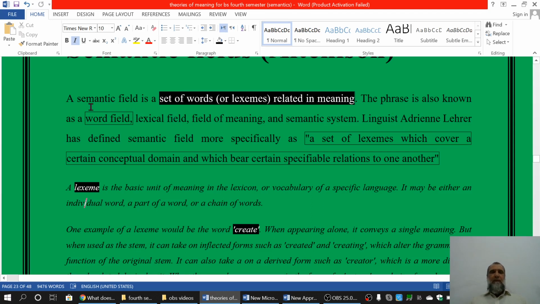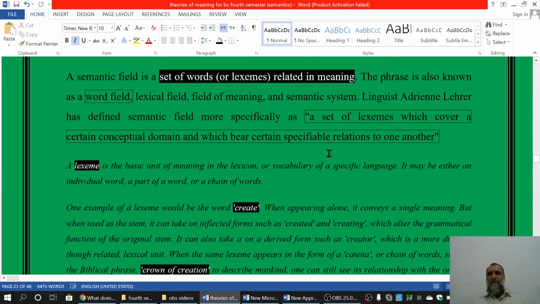There are different names for this semantic field. You can call it word field. You can also say that it is lexical field. Another name for it is field of meaning, and yet another is semantic system. There is a linguist, he defines semantic field in these words. His name is Adrian Lehrer, and Lehrer defines it like this: that semantic field is a set of lexemes